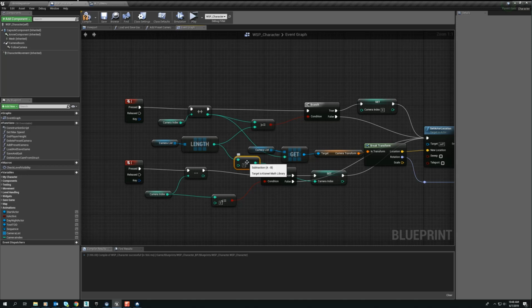The reason I do this -1 here is because when this gets the length, it starts counting at 1. So 1, 2, 3. There's 3 items in the array, so this is going to return a 3. Since this is the index and indexes start at 0, 0, 1, 2,